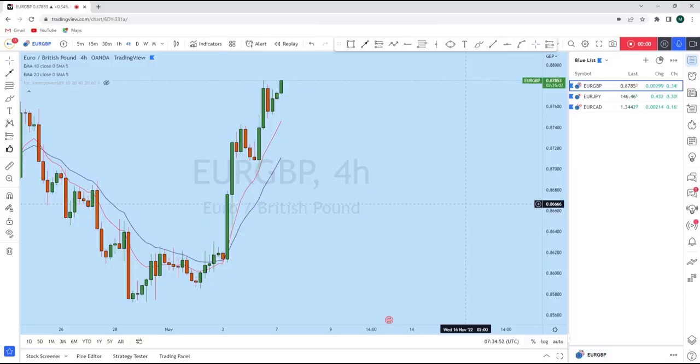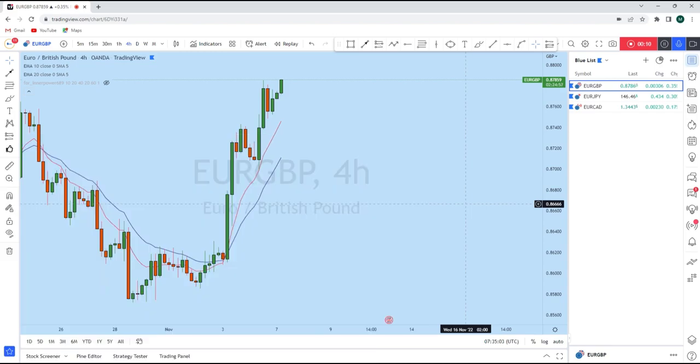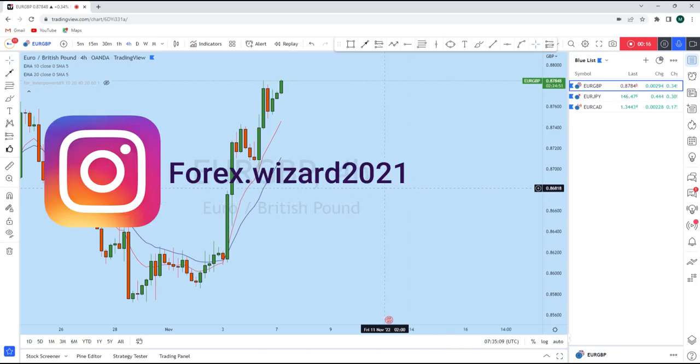Today, let's do a complete multi-time frame analysis of the Euro pairs: Euro GBP, Euro JPY, and Euro CAD. Let's see what kind of trading opportunity we currently have in all of these three instruments. Starting with Euro GBP, as you can see, Euro GBP on the lower time frame has given us a bullish